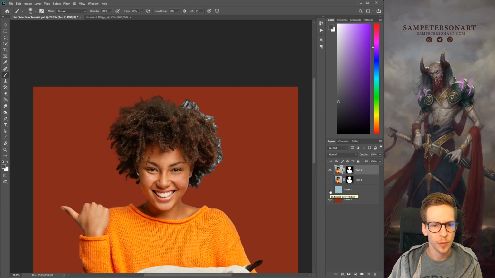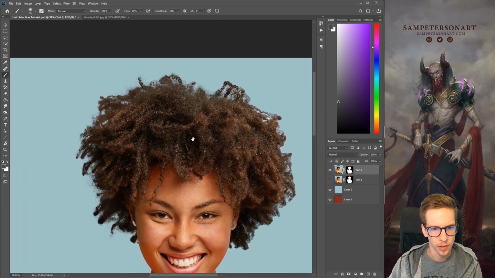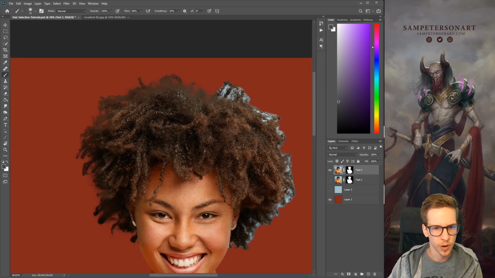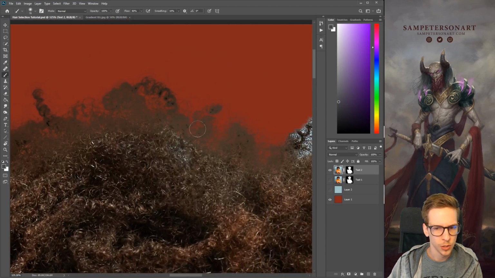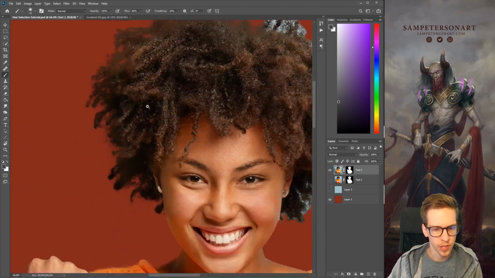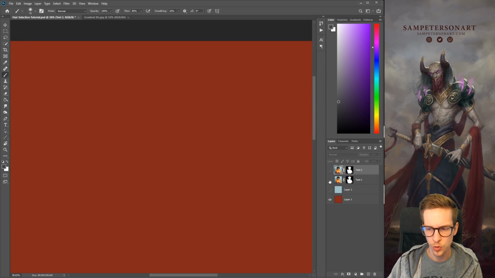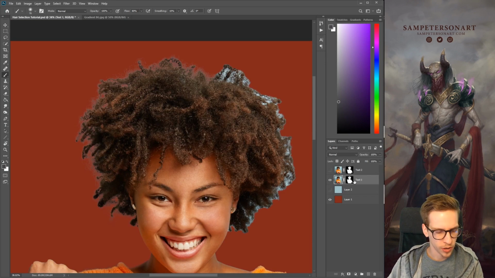So the Decontaminate Colors option looks pretty good on our blue background. But as soon as we switch to our dark red background, you can kind of see it's losing some of its definition here. So it's really just a matter of playing with these options and seeing what works best for the image you have. What I'm gonna do one more time is take our initial layer that we did, go